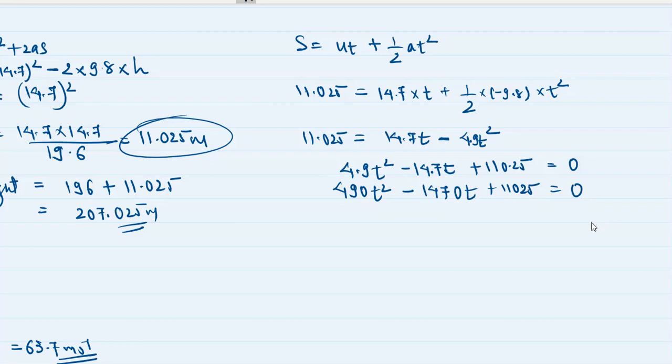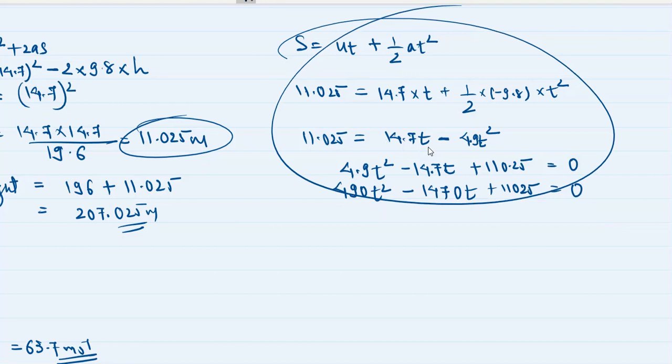Okay, now that's a huge equation which we have got over here. But hey, why have we used this equation? Because I don't want to use this equation. So okay, let me keep this as an option, and let me also try, why can't we use v is equal to u plus at?